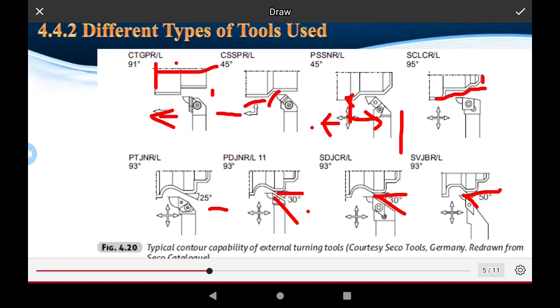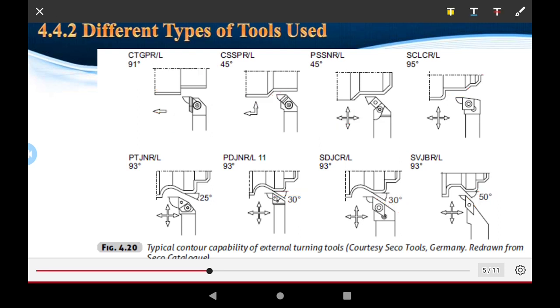control the capability of external turning tools used in the design of the very critical part of the machines, the scope for the tools geometry, and the tools are very important in the external work performed. Okay,